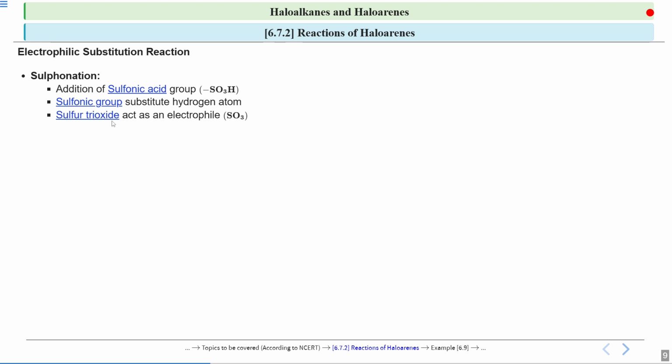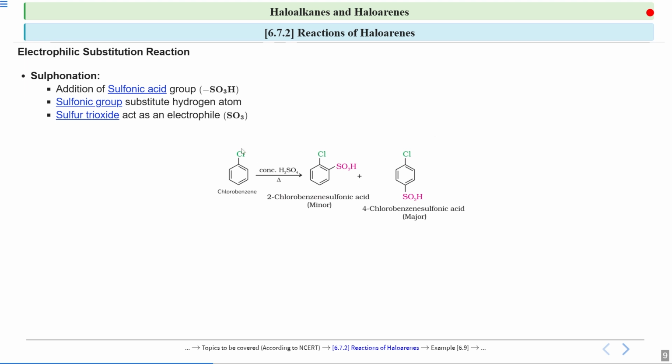Sulfur trioxide, SO3, acts as an electrophile here in this sulphonation reaction. So you have chlorobenzene in the presence of concentrated H2SO4 and heating conditions. You get 2-chlorobenzene sulfonic acid and 4-chlorobenzene sulfonic acid, in which the 4-chlorobenzene sulfonic acid, the